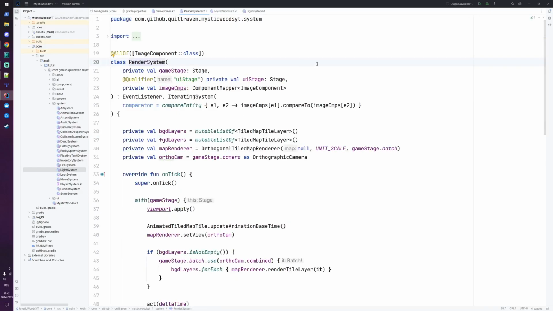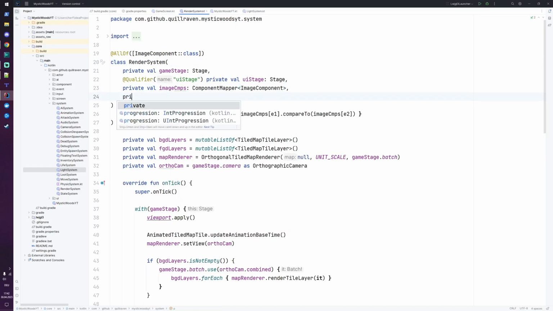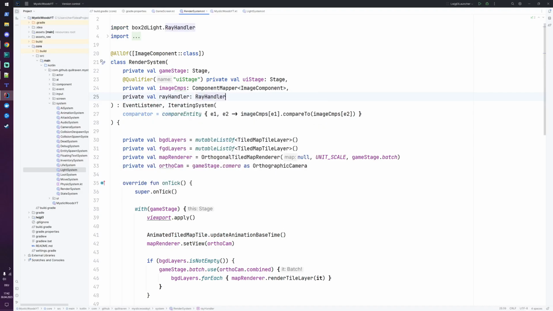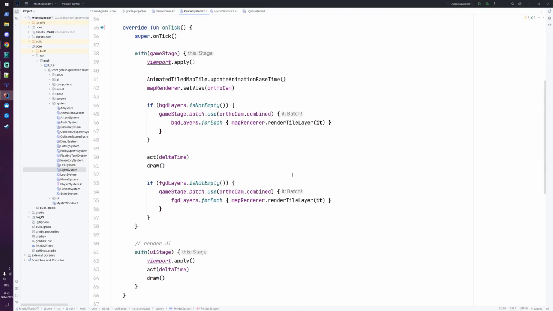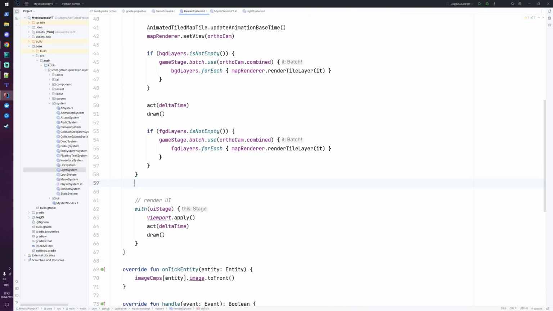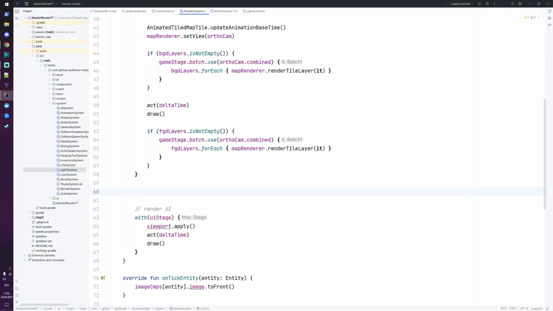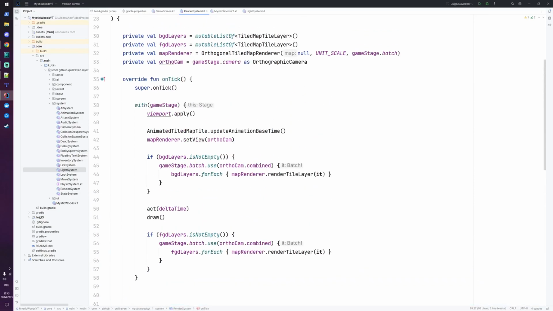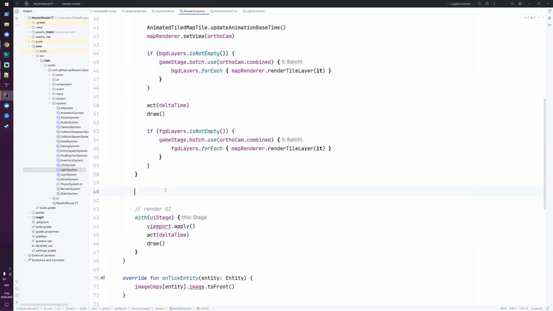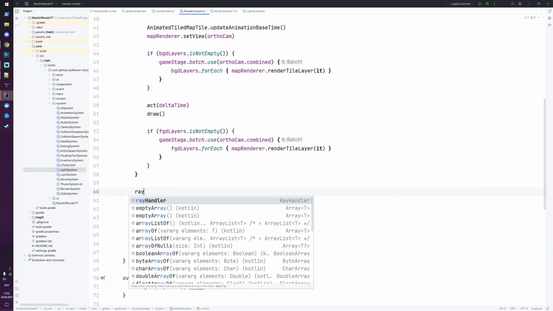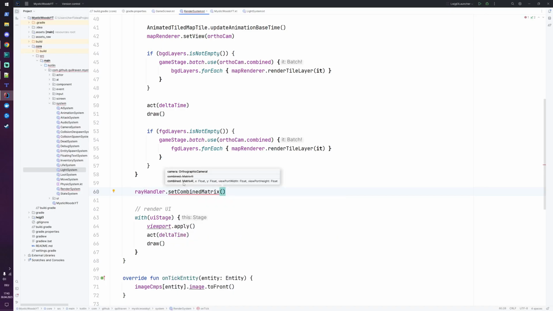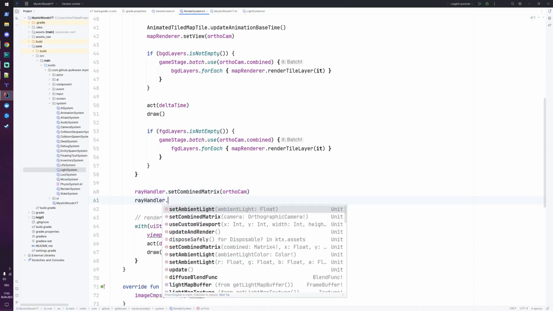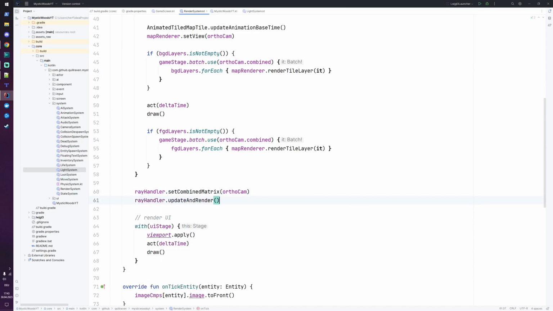So the last thing that we need to do is now update our render system. So also in here we get our RayHandler. And now you will see how easy it is then to get this lighting effect to your game. So there we simply make here, so before we render the user interface, but after we have rendered our real game objects, there we will make a call to the RayHandler, to the set combined matrix, and there we pass in our game camera, so the orthographic camera, and we will also then call update and render,